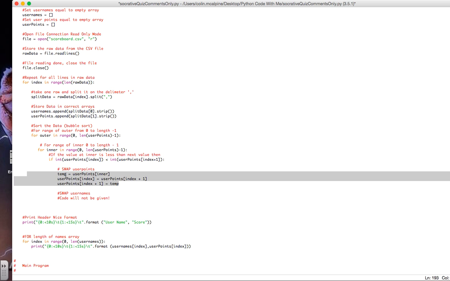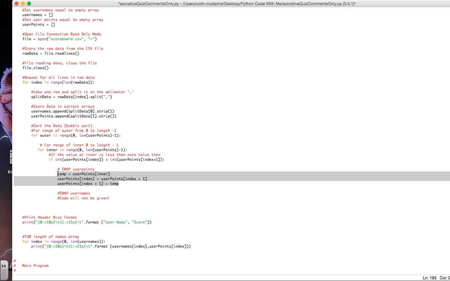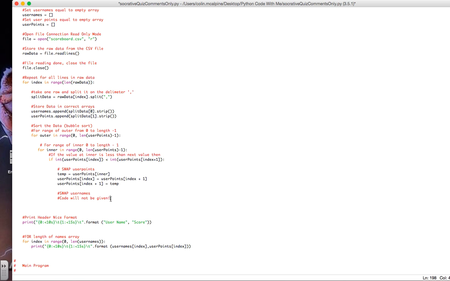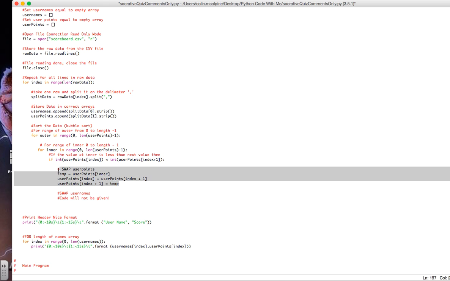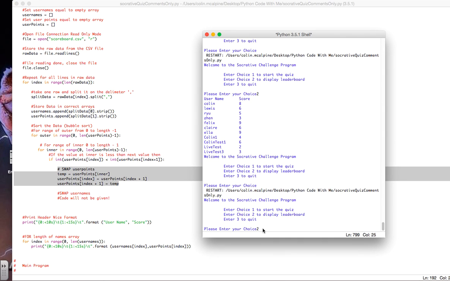Now there is an easier way in Python to do that, but I want us to understand how it is done really behind the scenes. It doesn't swap the usernames automatically just because you swap the user points. So if we run it now and see what happens when we display the leaderboard,